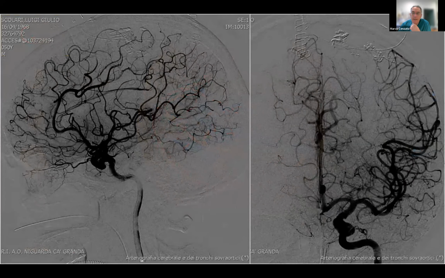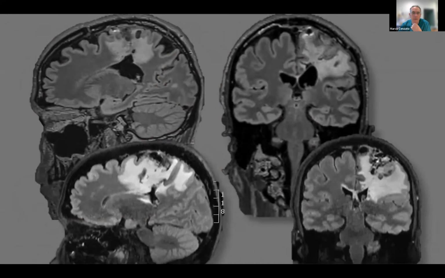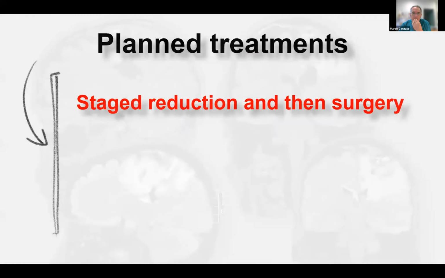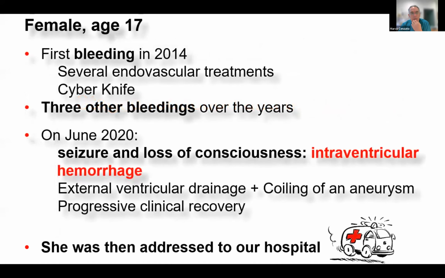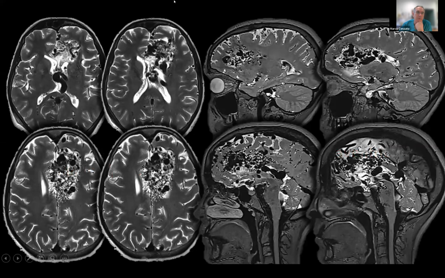And so at the end we decided to go for surgery. We took it out, and as you see here, at the end the edema reduced because we took out the cause, the radiosurgery. This was before. So it's important to plan a strategy, to plan a treatment, and where surgery can be the end of the treatment. This is another huge AVM in a young lady that was